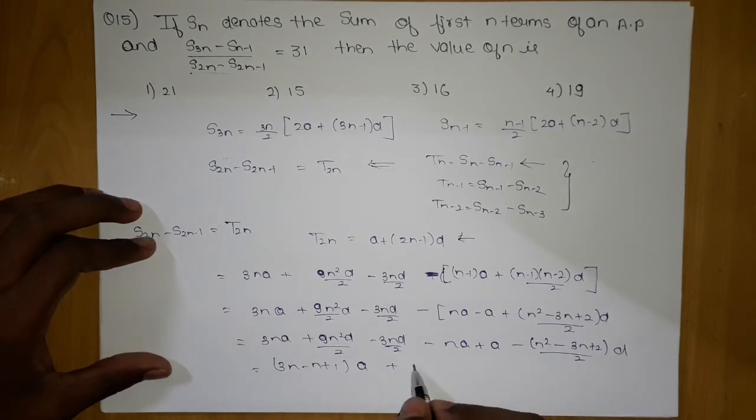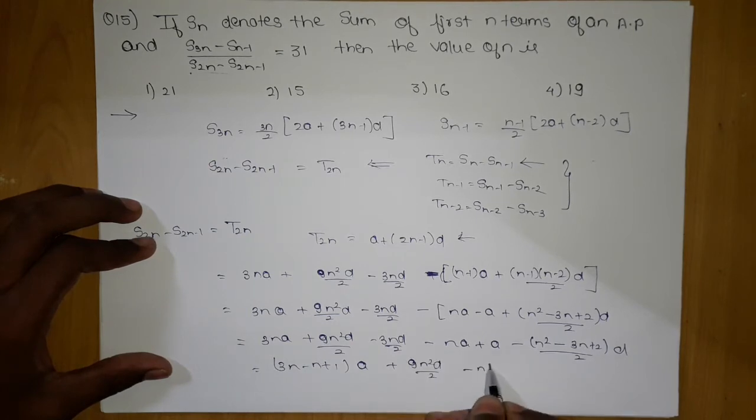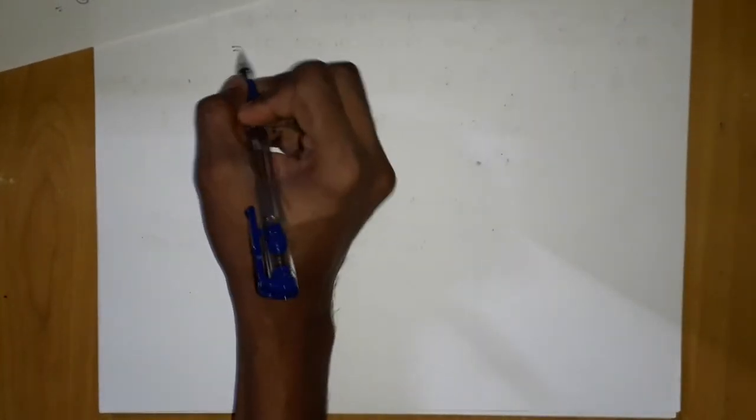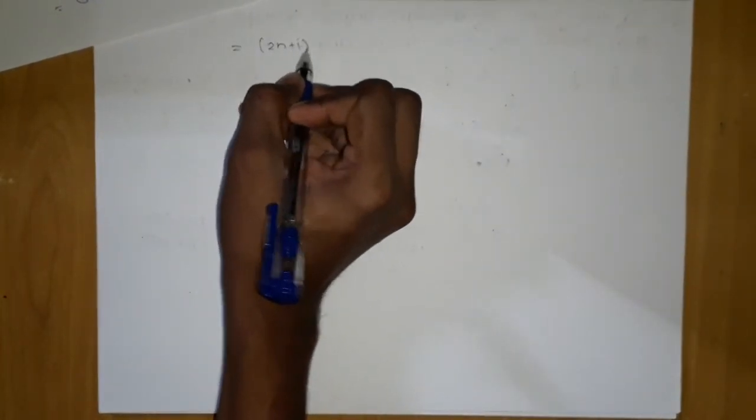Here on we will try to solve this 9n square by d by 2. This will become minus n square 2 into d. This will become plus 3n by 2 into d. This will become minus only d. This will become only d. After this, let me take the next page. So here you can see this thing will become 2n plus 1 into a plus, this will cancel out, giving